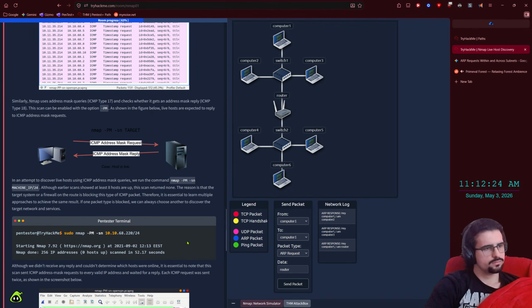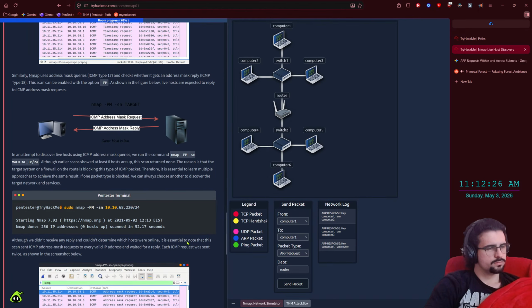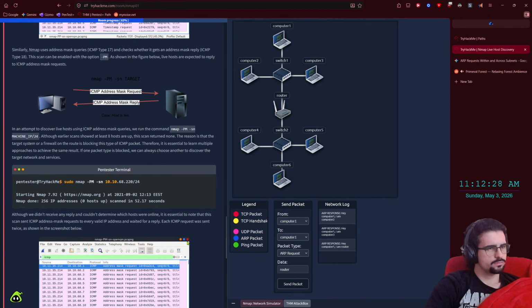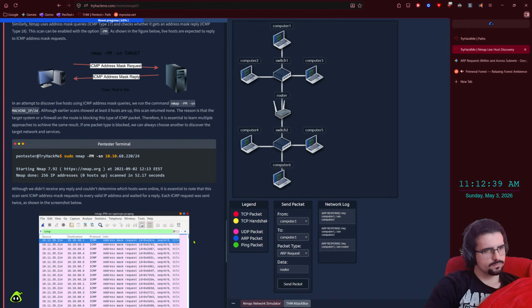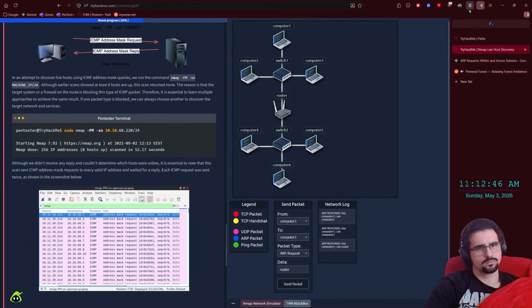Although earlier scans showed at least 8 hosts are up, this scan returned none. The reason is that the target system or a firewall on the route is blocking this type of ICMP packet. Therefore, it is essential to learn multiple approaches to achieve the same result. If one packet type is blocked, we can always choose another to discover the target network and services. Pentester terminal: pentester@tryhackme$ sudo nmap